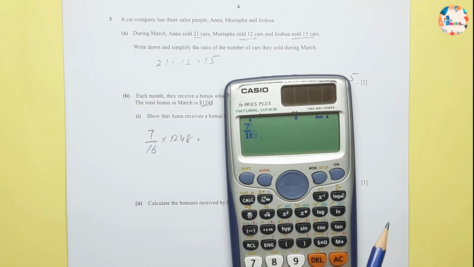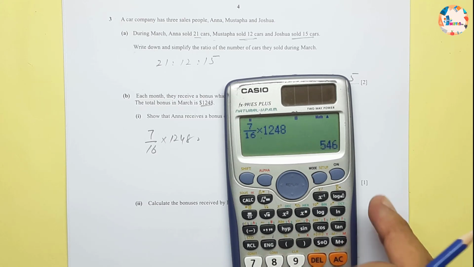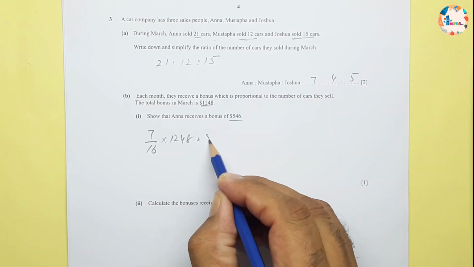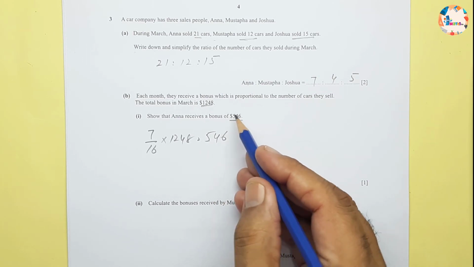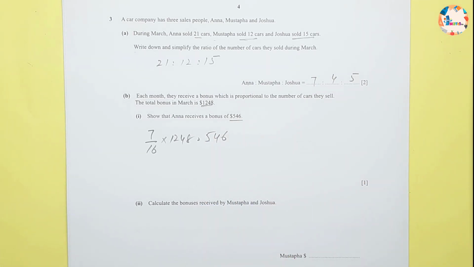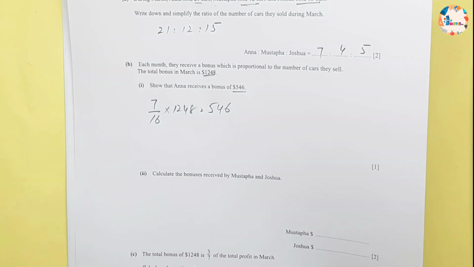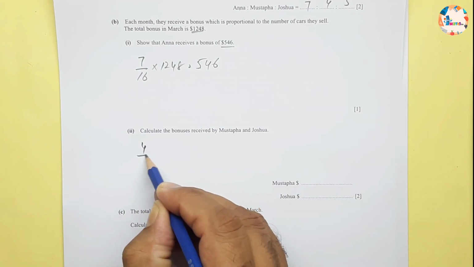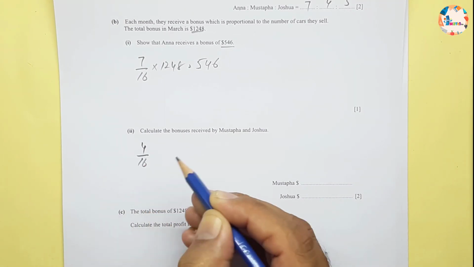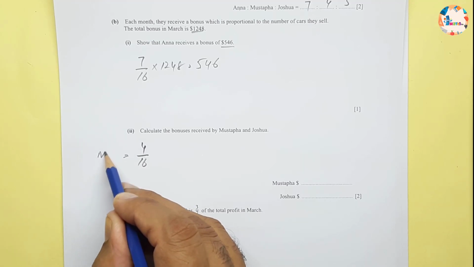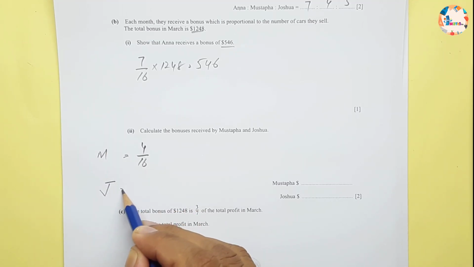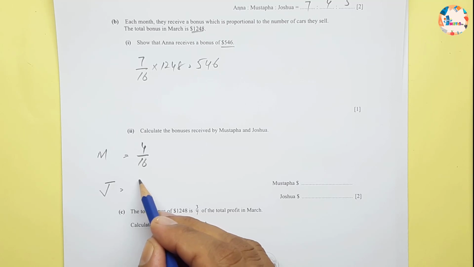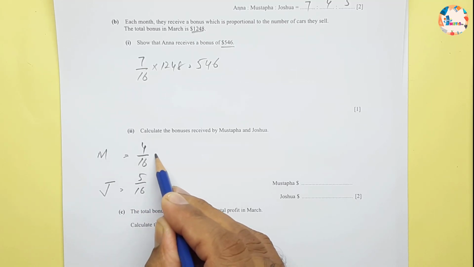7 over 16 multiplied by 1248. This will be equal to $546, which is the same as this one. Then calculate the bonuses received by Mustafa and Joshua. So Mustafa is getting 4 out of 16. So you can write Mustafa M and Joshua J will be equal to 5 over 16 of the total amount,